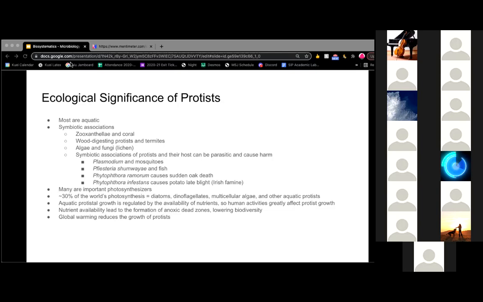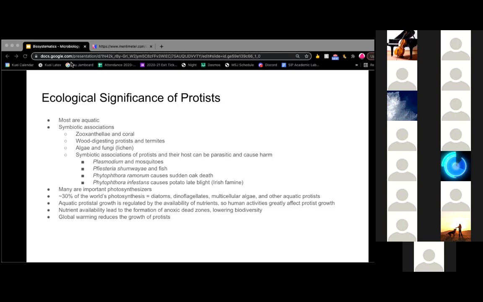So dead zones basically occur when you have a lot of protists or algae or other types of algae in one area, and then you add lots of nutrients to that area. So the protists or algae begin to grow quite a bit because of the presence of a lot of nutrients. And then when there's a lot of those algae, you have heterotrophic bacteria which eat the algae, and then when they eat the algae, they consume a lot of the oxygen in the area, and they produce a